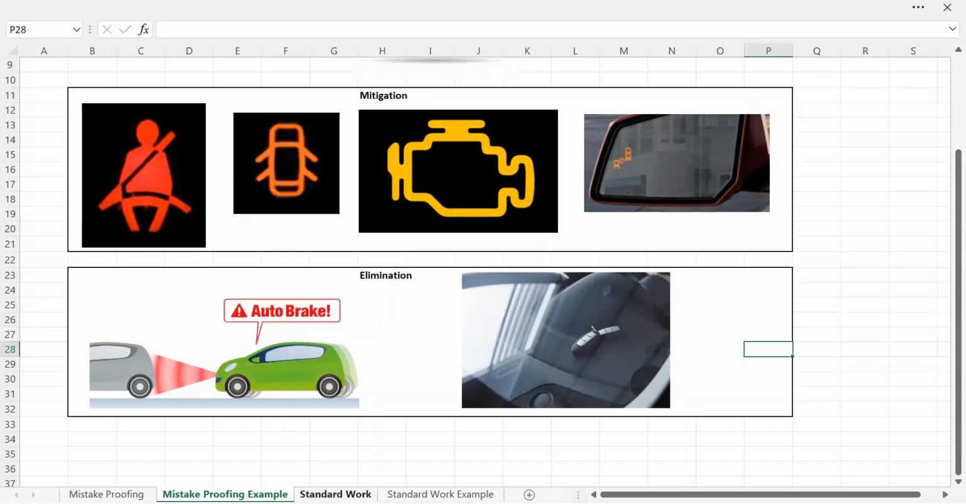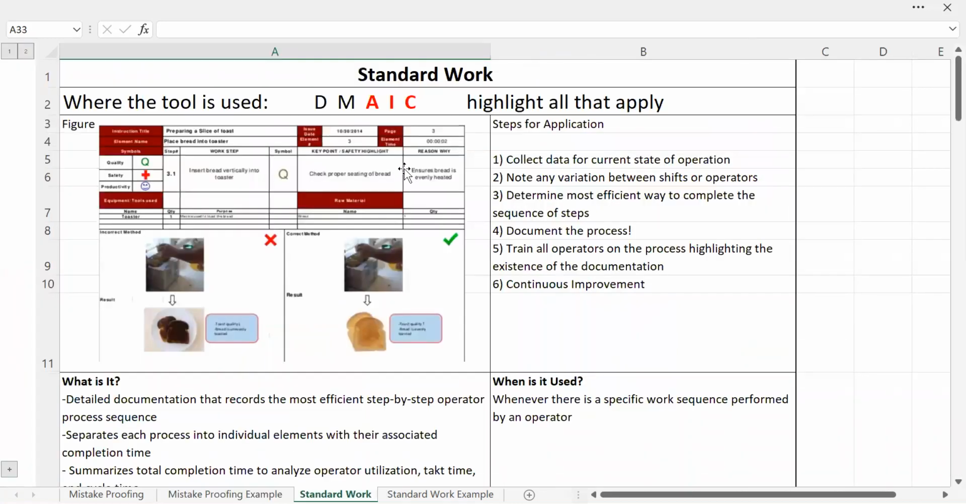My other tool topic is standard work. This will go into the analyze, improve, and control part of the DMAIC. The figure shows an overview of what standard work can look like. I'll get into more of what is involved in it, but it's basically a detailed documentation that will record an